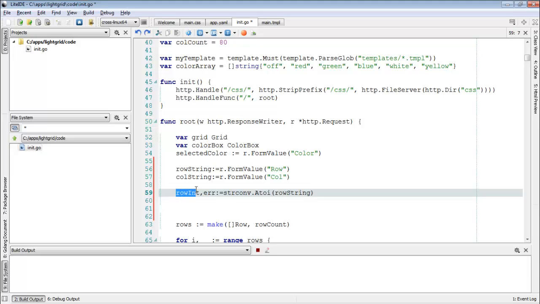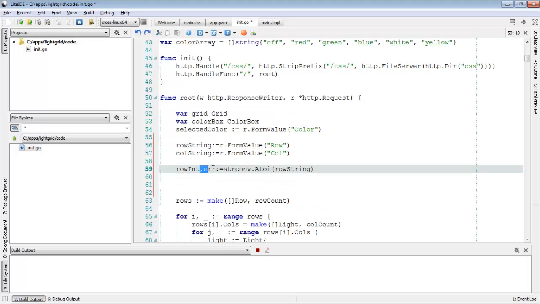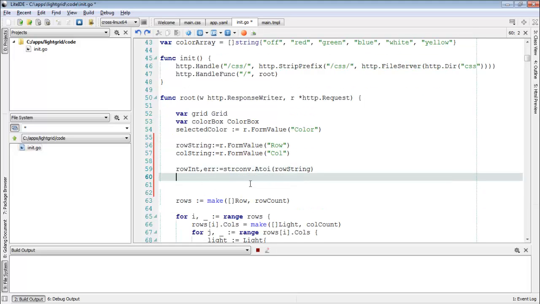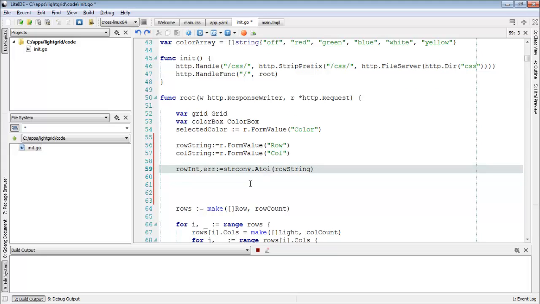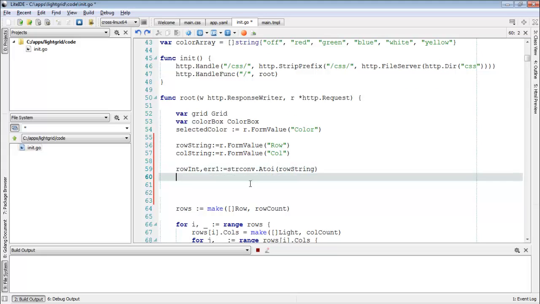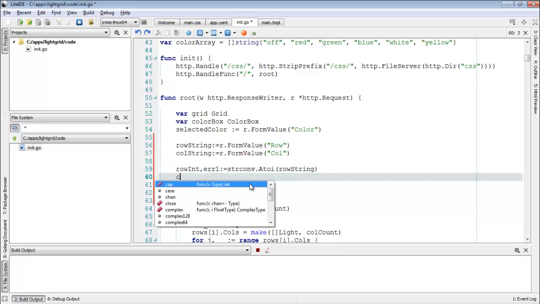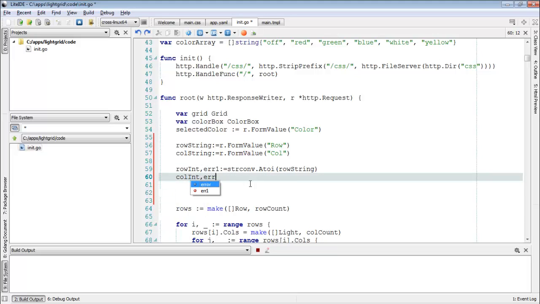And what it does is it fills in the integer value of the alpha in row int, and if it breaks for some reason, because for example you have words in your integer, so you're supposed to integer, it will populate error, and if error is populated, you know it didn't work so well, and act accordingly. So we're going to call it error1 because I'm also going to do a call int and then error2 for basically the same thing